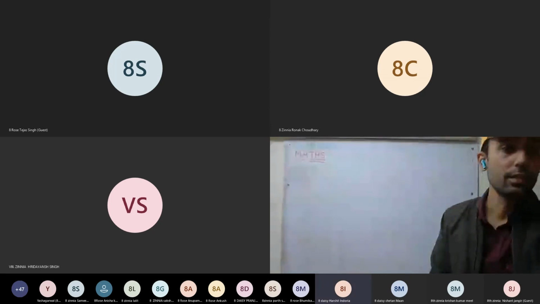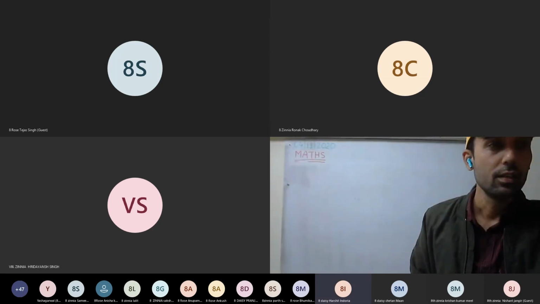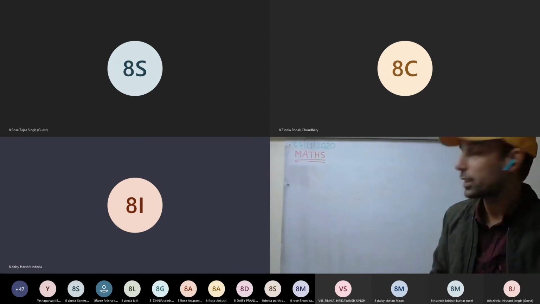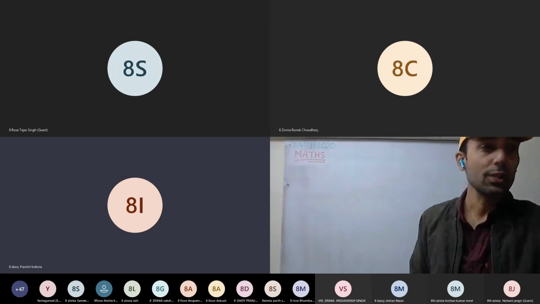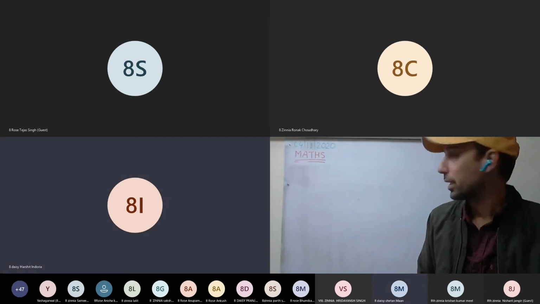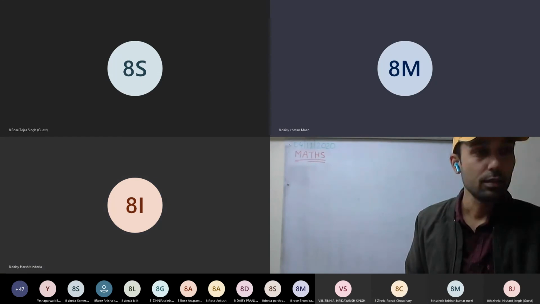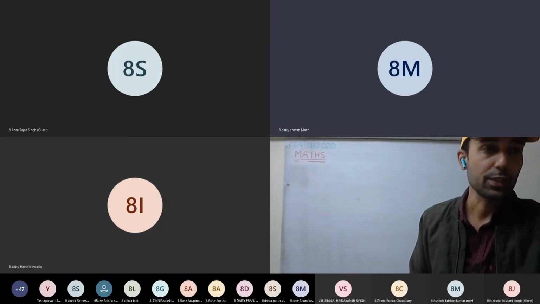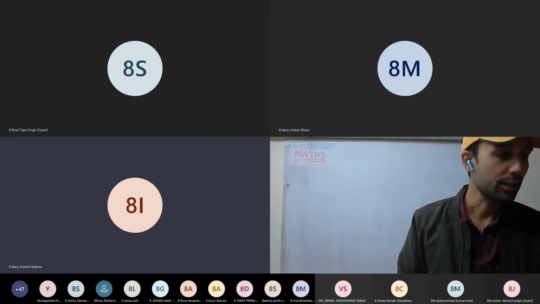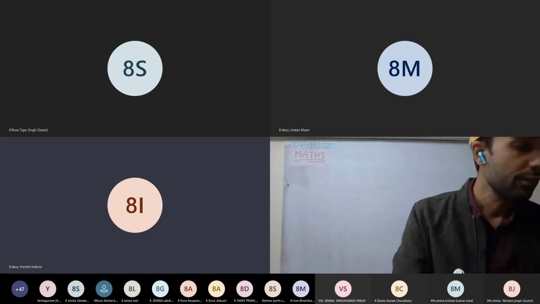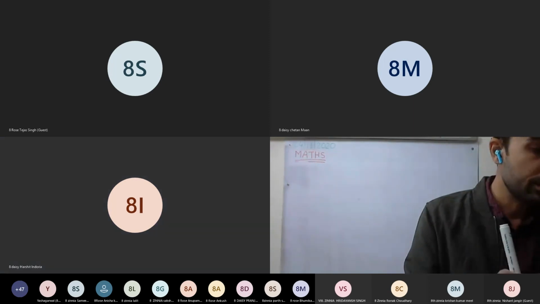Sir, we have to do the remaining questions by ourselves in the revision exercise? In the revision exercise, we have mostly discussed all the questions. Try to do them all, and if you have any doubts, do ask tomorrow morning. That exercise 5C is excluded now. Sir, can you explain the 13th question in the revision exercise? Okay, I'll give you a brief idea about the 13th question.